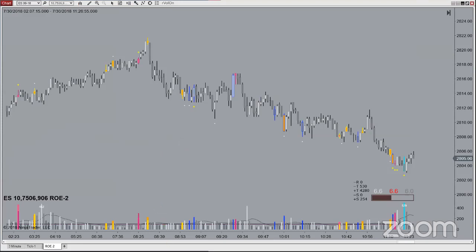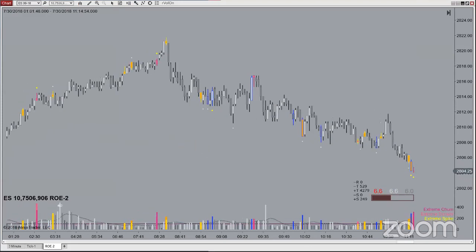So it's got a lot of built-in conditions, but one of the major differentiators between Climax and churn is the range of the bar. Is it a wide ranging bar? Is it larger than the past? Is it wider than the past few bars, or is it narrower, or is it at least as narrow or equal range to the previous bar? That's one of the major differentiators between Climax and churn. Okay. So you've got,